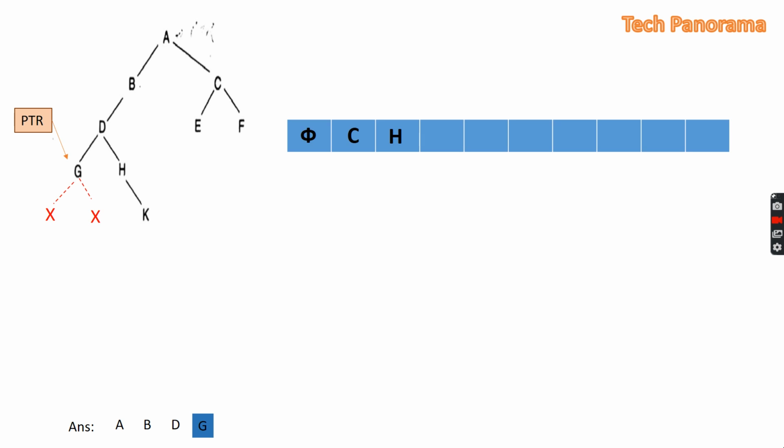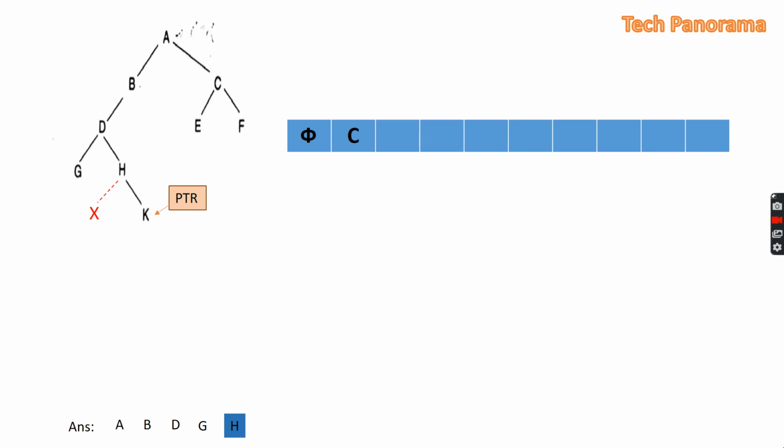Now we will check its left, and its left is null. When the node has a null left child, there is no left, so we will start popping the elements from the stack and proceed according to the pre-order traversal. Now, as G has no left child, we will pop the H from the stack and set PTR equal to H. First, we will process the root, that is your H, then check its right. As it has a right, we will push it into the stack. Now it has no left, so again we will pop the element from the stack and assign PTR equal to the popped element.